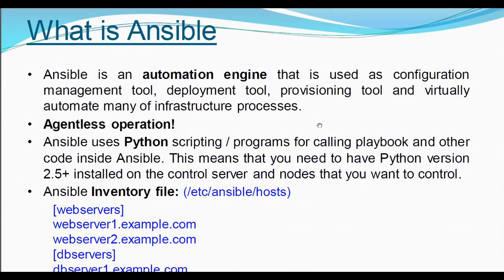Now, as we discussed earlier, Ansible can be used for deployment or provisioning purposes. To carry out all these different tasks like provisioning or deployment, Ansible is equipped with pre-written programs. These programs are written in Python, and these are called Ansible modules.